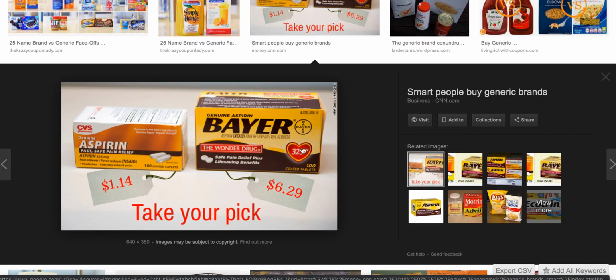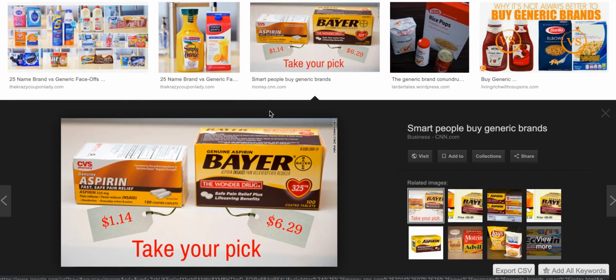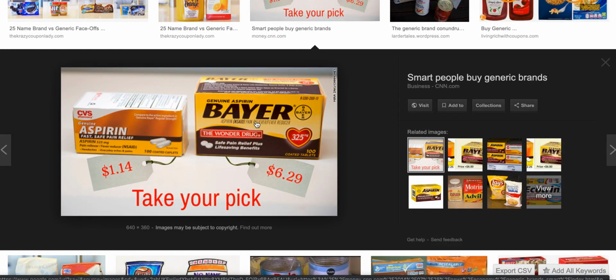And when somebody has brand loyalty, it's really hard to tear them away from a brand. Like if you've been using Bayer your whole life, and it's killed every single headache you've ever had, you might probably just stick with Bayer and not take the chance of going with a generic brand and having a less desirable experience, right? So people that have brand loyalty are hard to tear away from those name brand products.